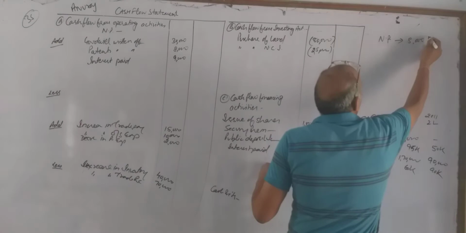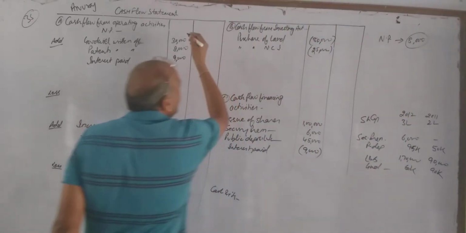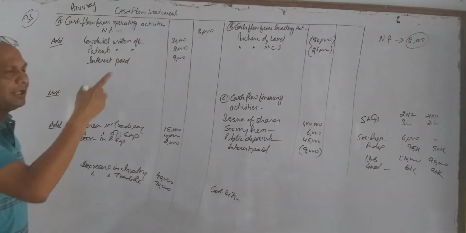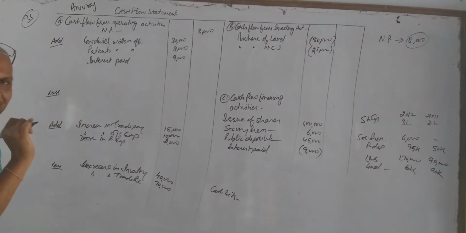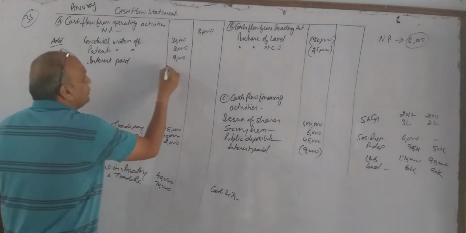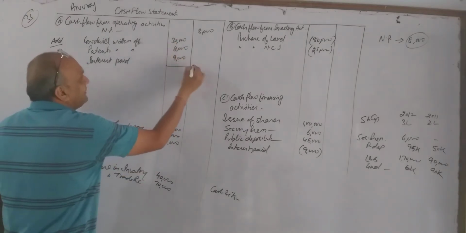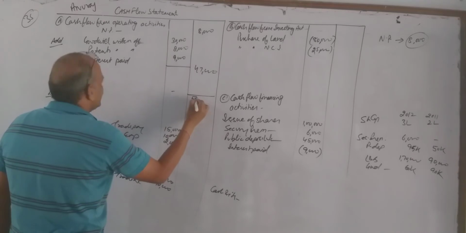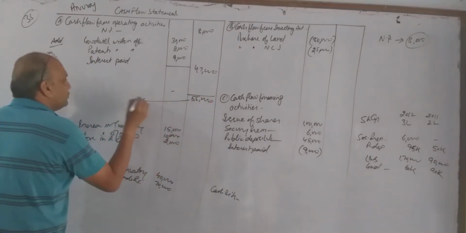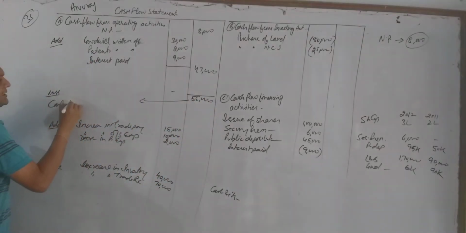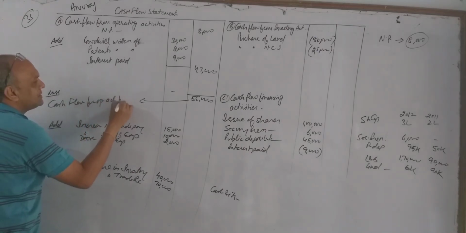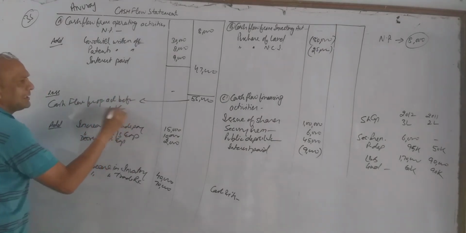Here we were not having any item of net profit, so this net profit I will be showing here directly 8,000 rupees. We don't have any other item which are to be added or to be deducted. Now let us learn today also how to close it. 3847. We don't have any deductible item. This is 55,000. What to write over here? Cash flow from operating activities before working capital.